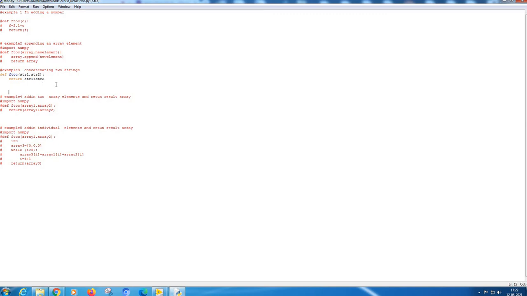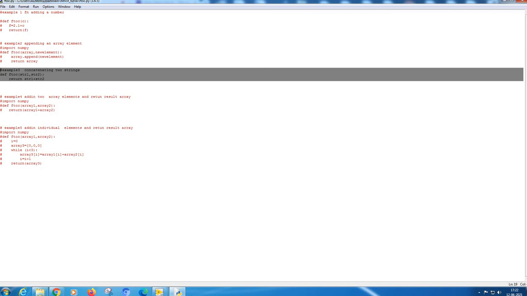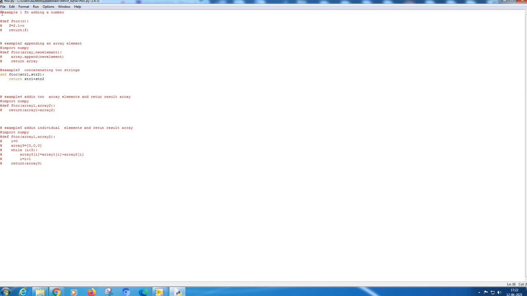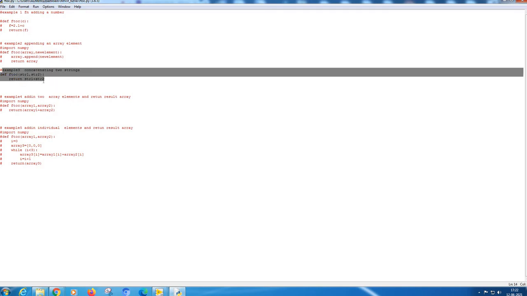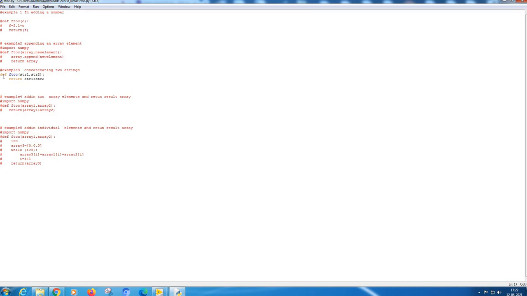You can see that the program is sitting only here. All the others are just commented. Wherever the hash is there, it's commented, so I am only considering the uncommented code. It is a function f2c. Two strings come in, string 1 and string 2, and it returns string 1 plus string 2. That means if the first string is abcd1 and the second string is abcd2, you will get abcd1abcd2. So it will combine these two strings.